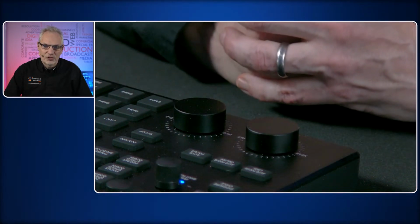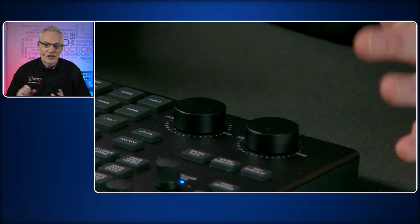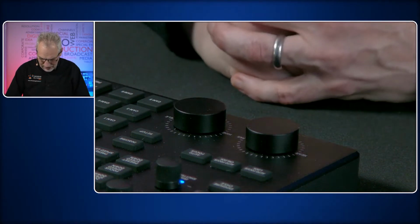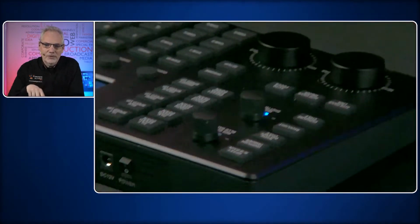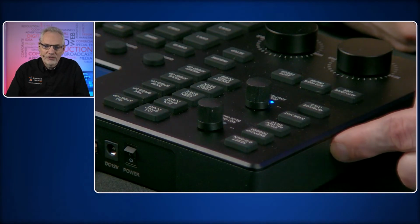These knobs are well positioned for your left hand, so you can do these things in concert. And again, the ergonomics are very well thought out for this. The other piece, if I jump back here, the other piece that you have access to right along this side